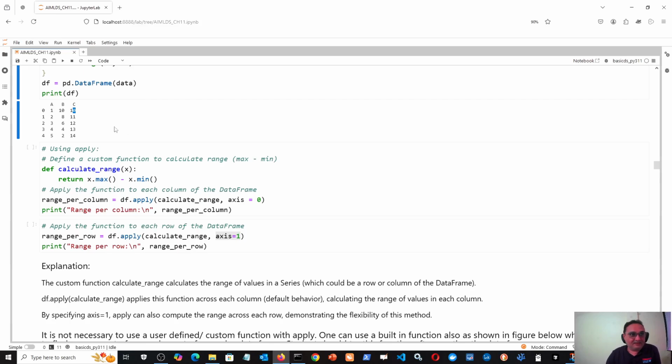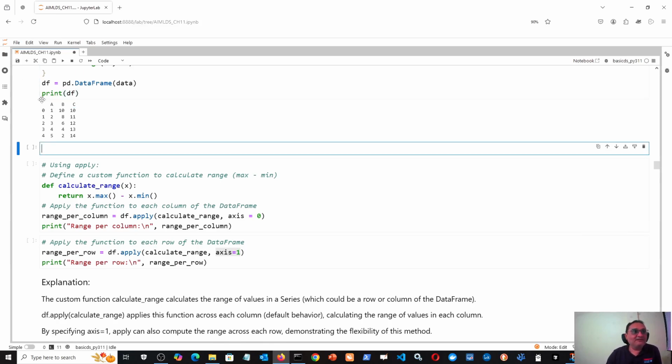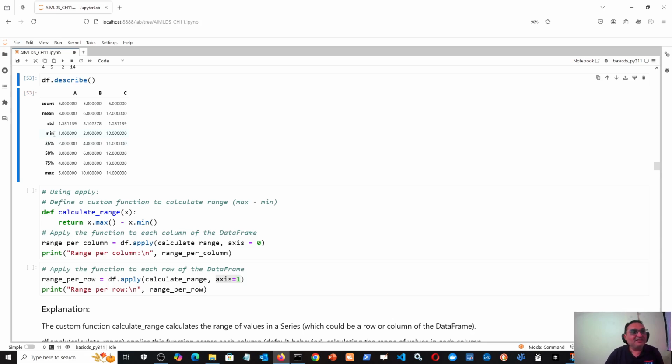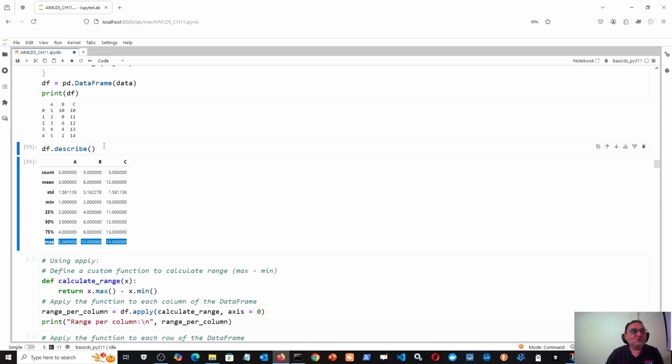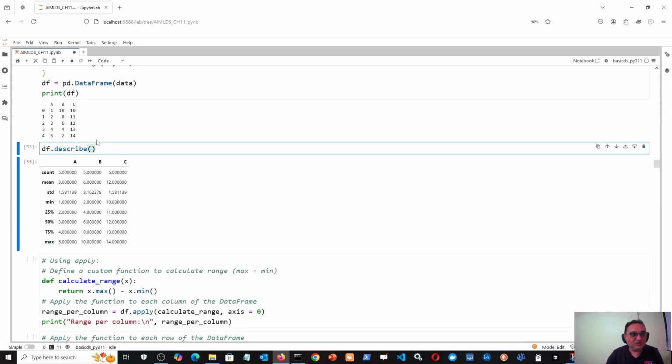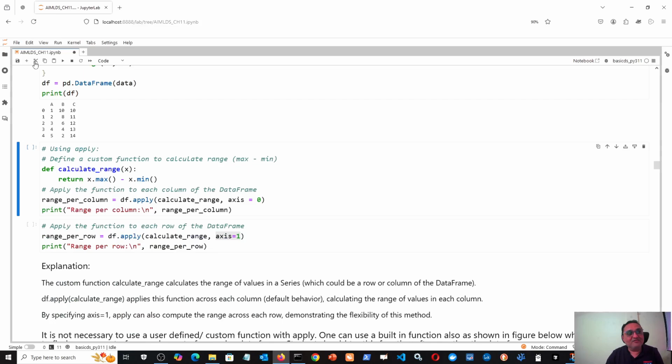Now, if you remember, we have df.describe, but it gives maximum and minimum values, not the range. So if you want to find the range, what should you do? These are only 3 columns, so from the output of describe you can manually calculate. But think about a data set which has say 120 columns. Will you manually calculate? No, you will define your own function, and it is a very simple function that calculates the range,